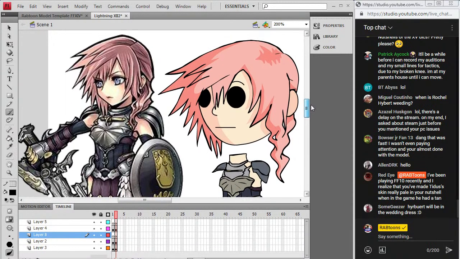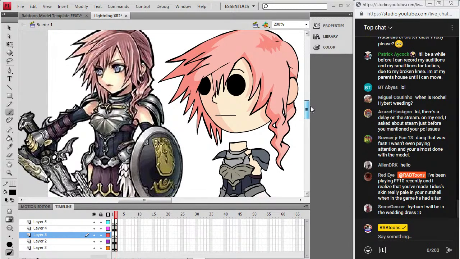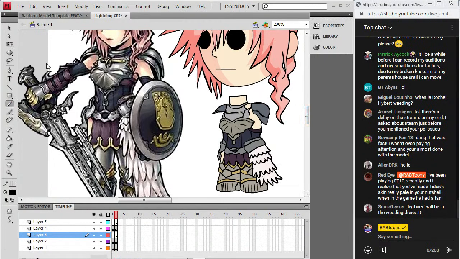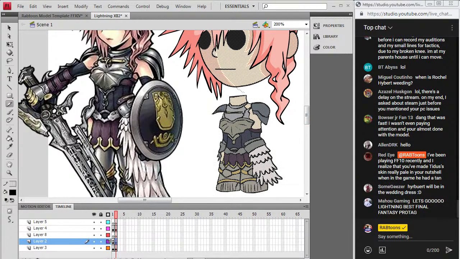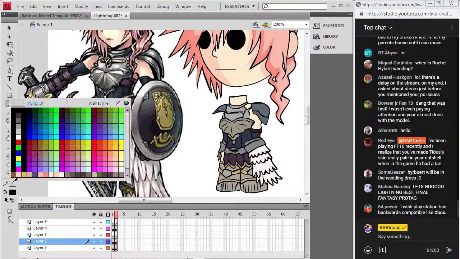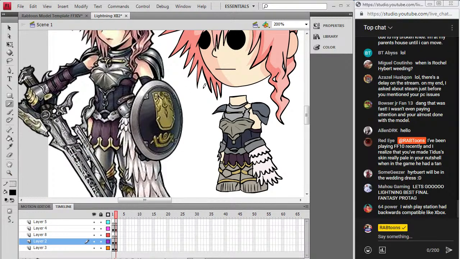Okay, so Lightning's hair is literally exactly the same as it is in the original game, so we don't need to change that. And now we move on to the second part of the model making that is a bit excruciating, is shading. So what I have here is, for people who haven't seen me do these before, a pen tool with invisible ink, and this allows me to draw a line for the shading line, and as you can see that's invisible,